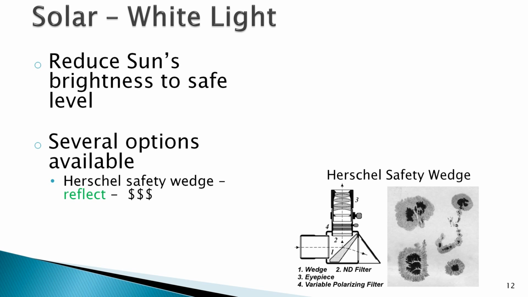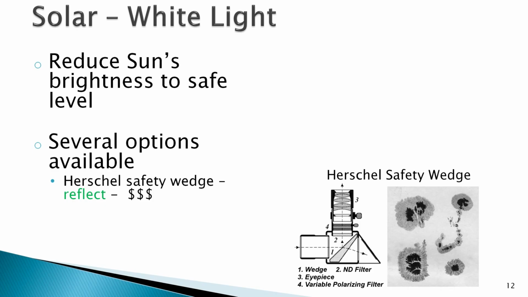The wedge prism splits off less than 5% of the incoming sunlight, dumping the other 95% out the back of the prism. The reflected 5% is then passed through a neutral density filter to reduce the light intensity to a safe level. This system, now called the Herschel wedge,